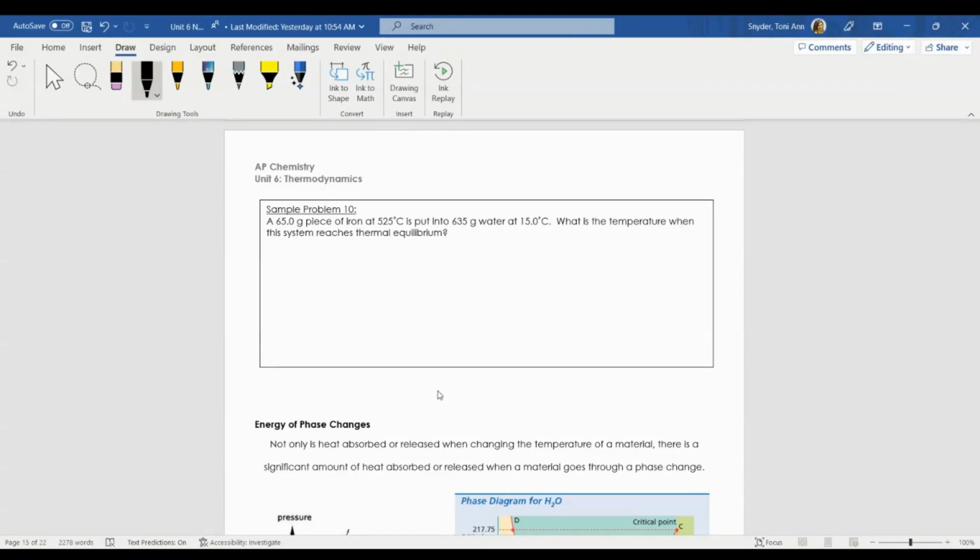So a key piece of information is missing. Let's see, the specific heat for iron. So iron specific heat is 0.449 joules per gram degrees Celsius. It looks like this iron is at a very hot temperature. So the iron is hot. This must mean that it is losing energy. It has a negative value for Q. So your iron is hot,